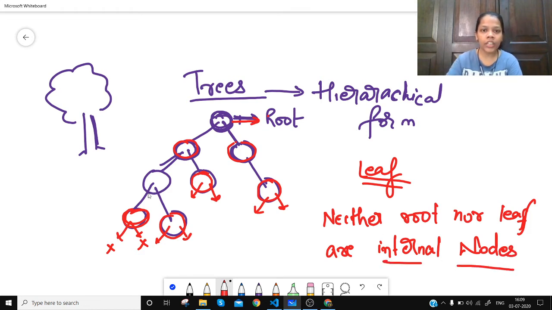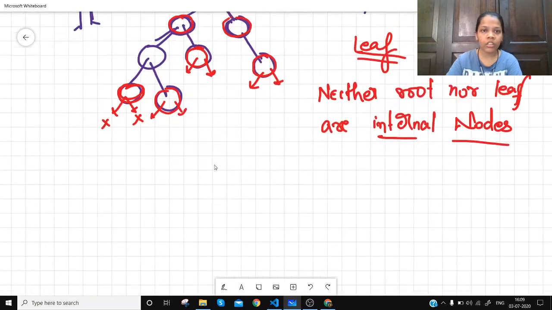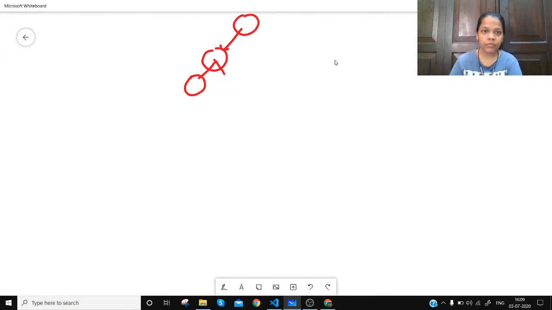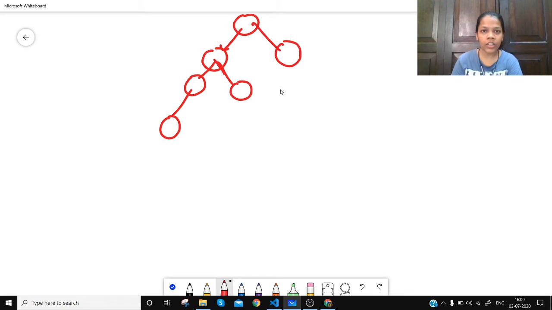Let's take another tree where we have a root node like this, and then something like this. Now tell me, is this a leaf node or not? No, this will not be a leaf node because it has a left child.